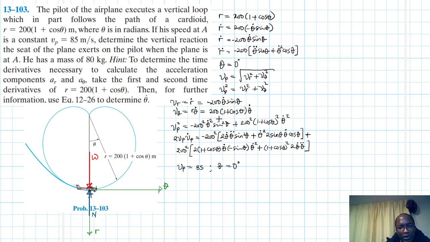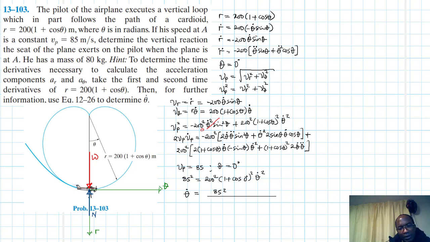So this part becomes 0. Then 85 squared is equal to 200 squared times (1 plus cos 0 degrees) squared, times theta dot. Then our theta dot will just be equal to 85 squared